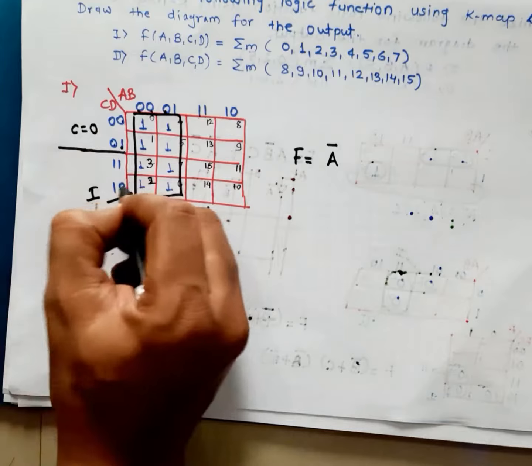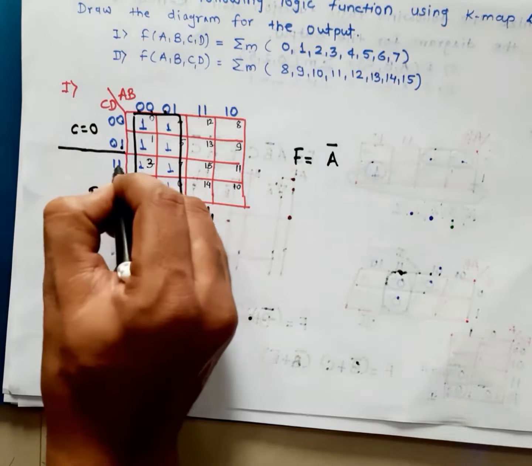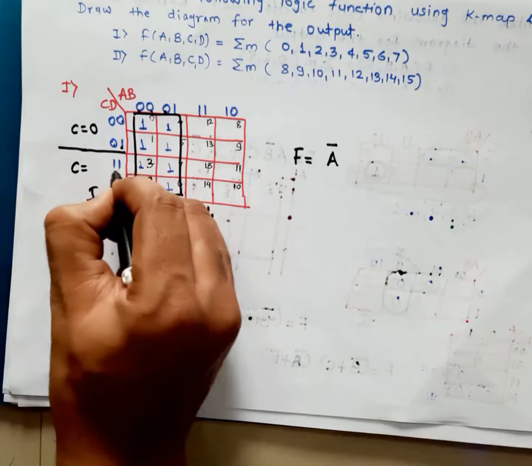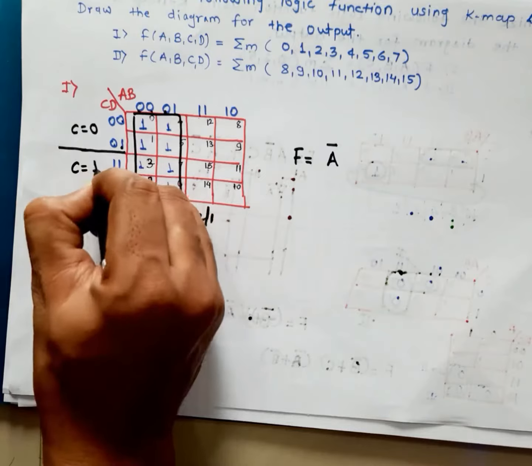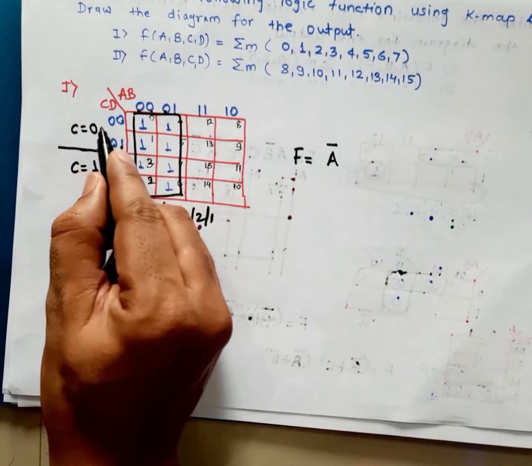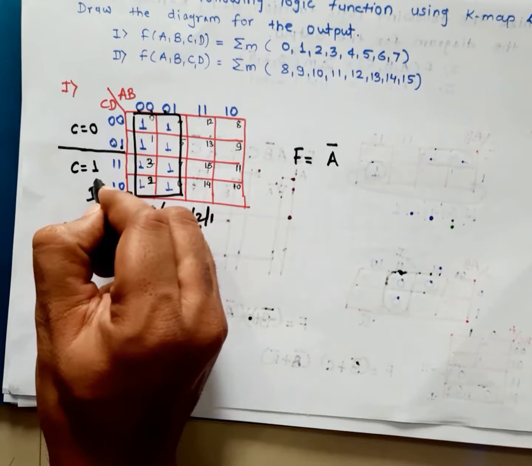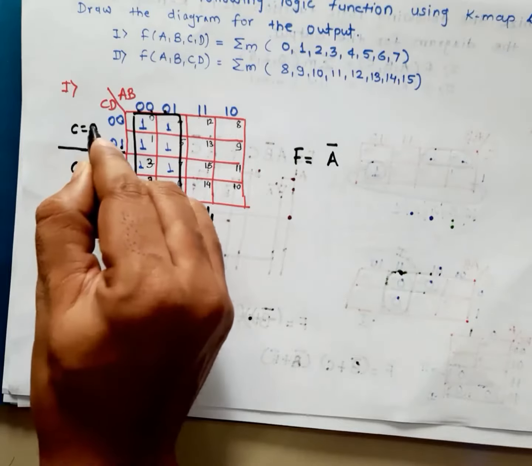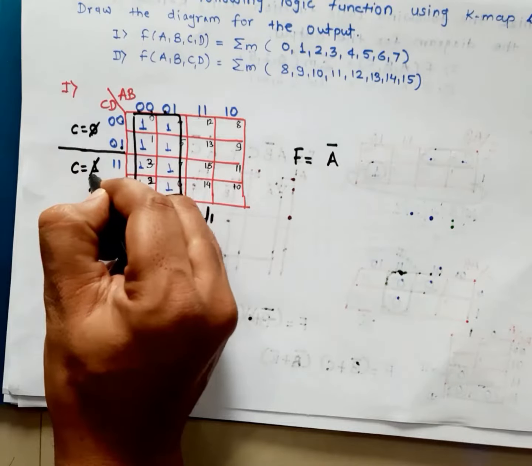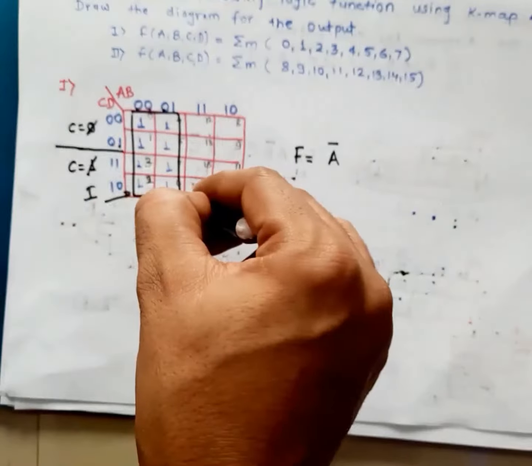Then consider the next 2 rows, the value of D is again 1 and 0, different, so the D variable gets eliminated, and the value for C is 1 1 in both cases. Now for the first 2 rows the value for C is 0, and for the next 2 rows the value of C is 1. Again 0 and 1 are different, so both variables get eliminated.